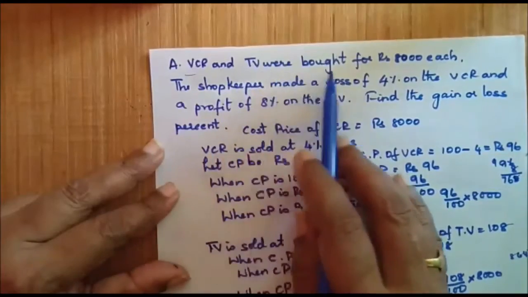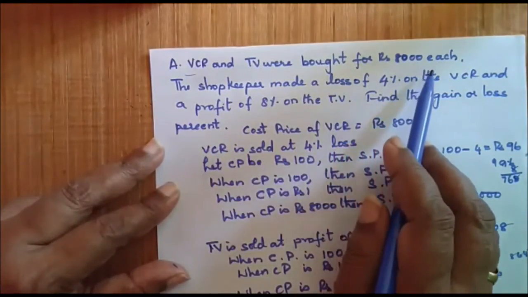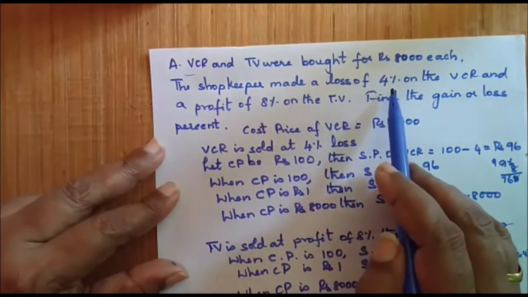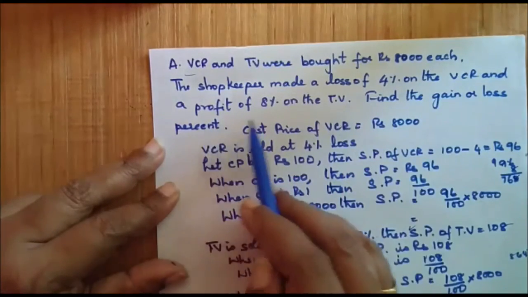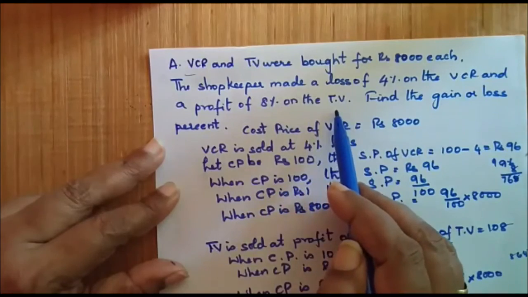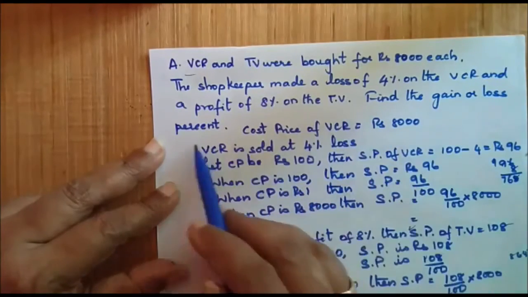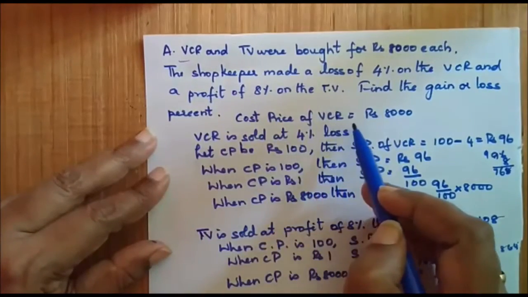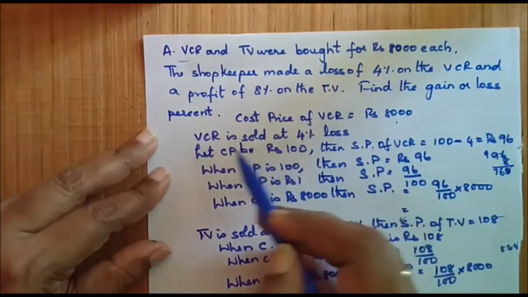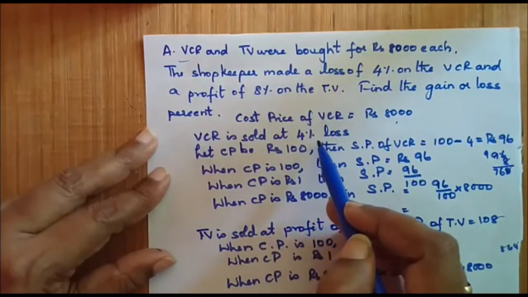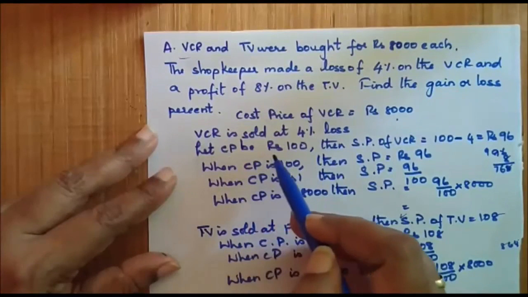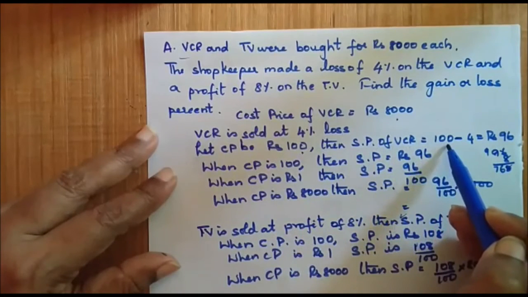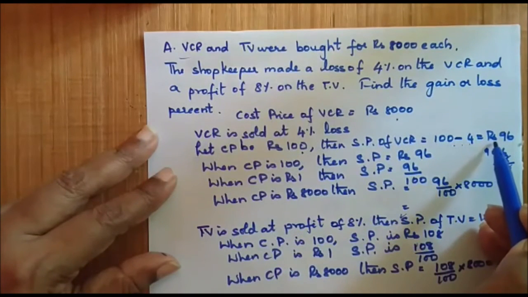A VCR and TV were bought for rupees 8,000 each. The shopkeeper made a loss of 4% on the VCR and a profit of 8% on the TV. Find the gain or loss percent. Okay. Now, cost price of a VCR equals 8,000. VCR is sold at a 4% loss. When the cost price is 100, then the selling price of VCR equals 100 minus 4, which is